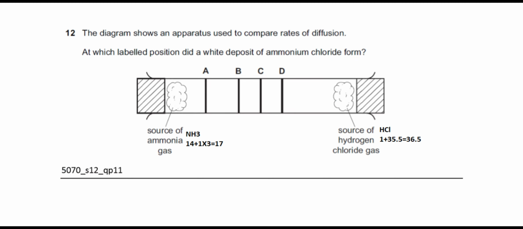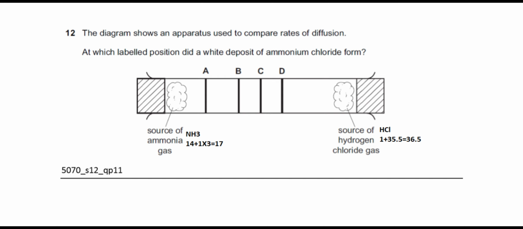Okay, the next question is: the diagram shows apparatus used to compare the rates of diffusion. So this question is definitely related to diffusion. At which labeled position does a white deposit of ammonium chloride form? So before we start, I would like to explain that you should know whenever ammonia and hydrogen chloride gas react, white fumes of